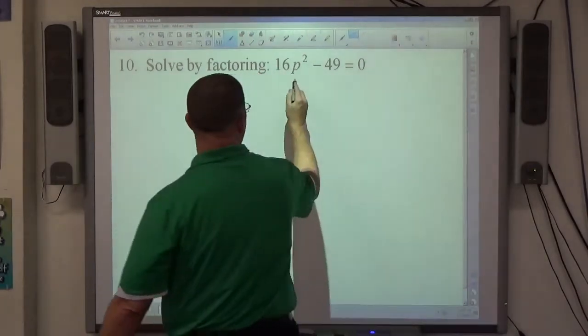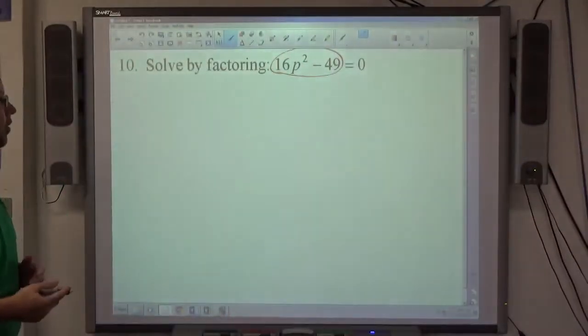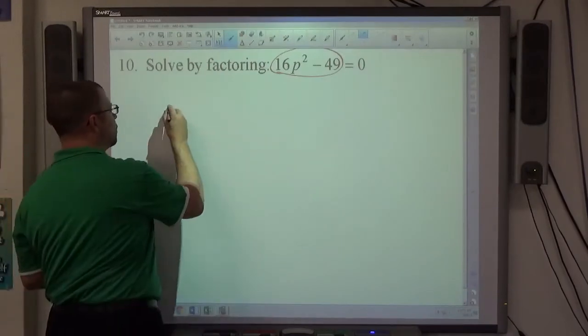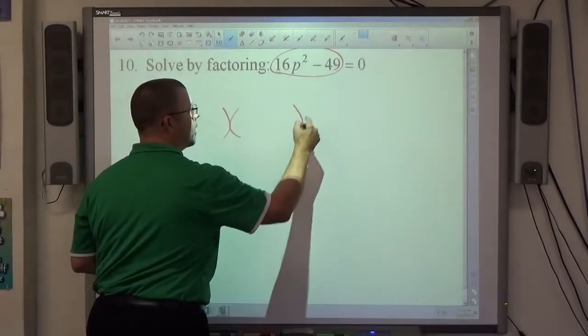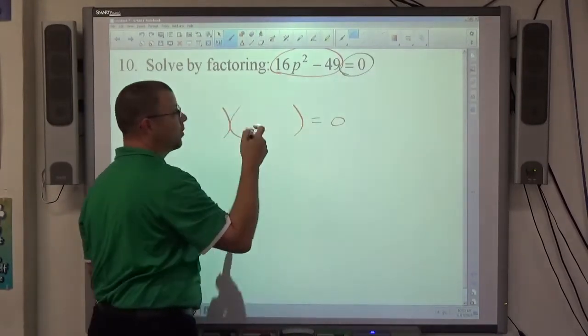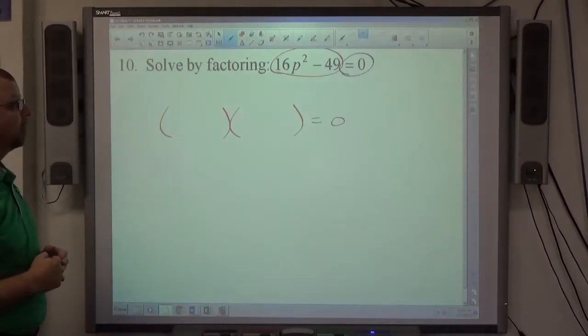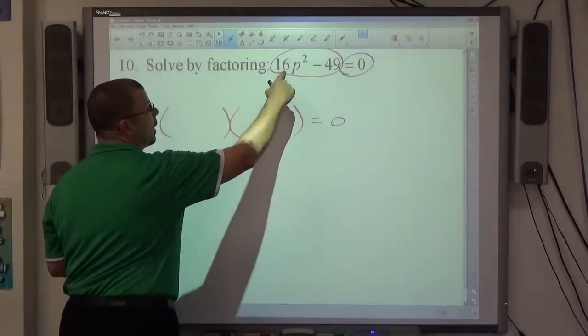Okay, so what I'm looking at here is the difference of squares, so recognizing structure as far as how to factor. When I see a difference of squares, it does equal 0. That's a very necessary thing. Since it already equals 0, it's ready to go right off the bat. Simply have to ask yourself what times itself makes each term. So 4p times 4p,